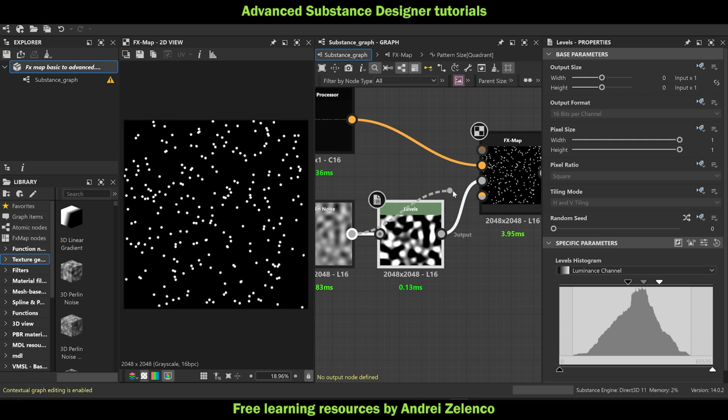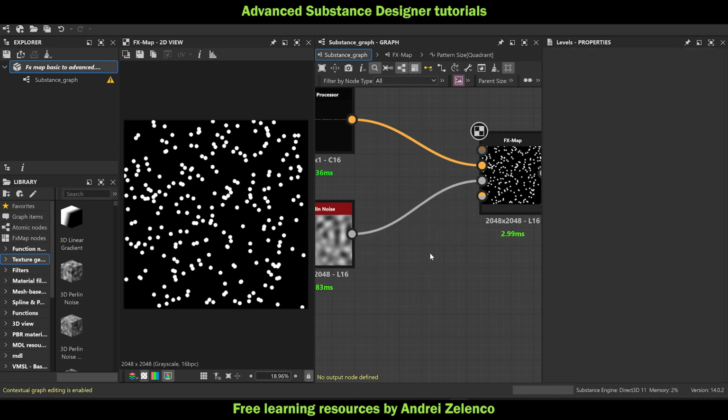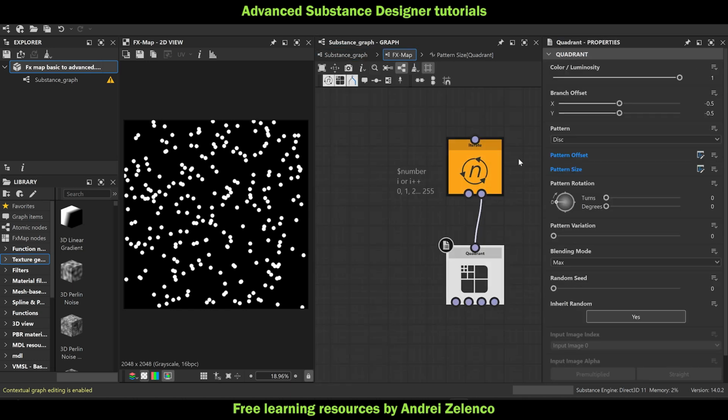Okay, so it means that we need to change our setup and use a different method. And currently you remember that we calculated already our position. So our position is read from the texture itself. So what I can actually do is